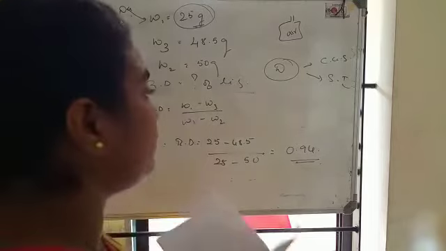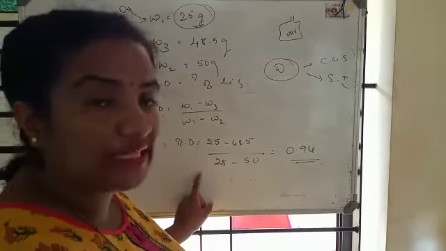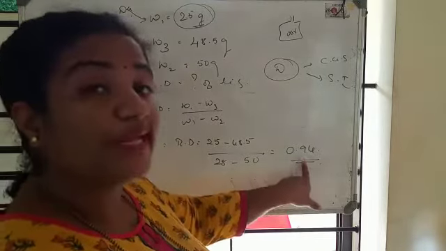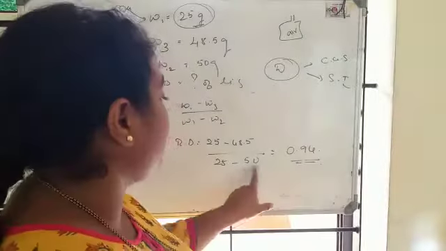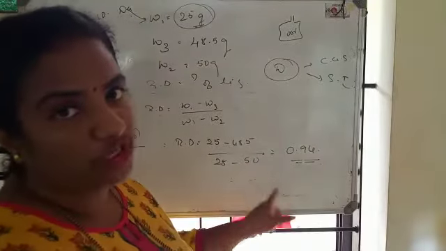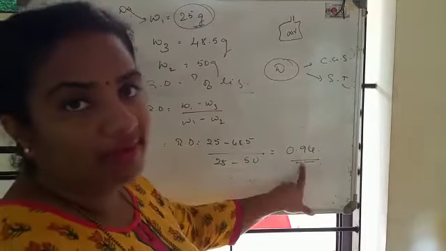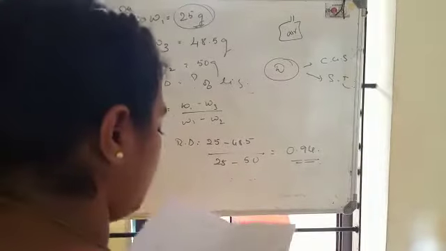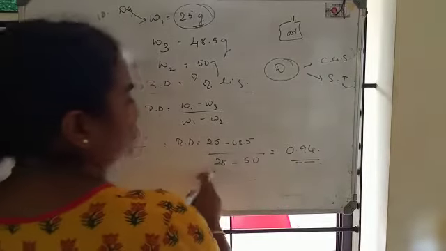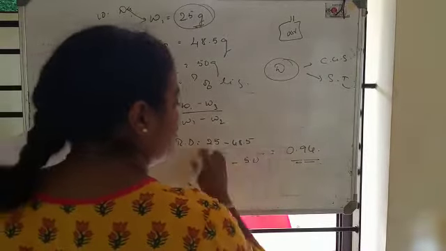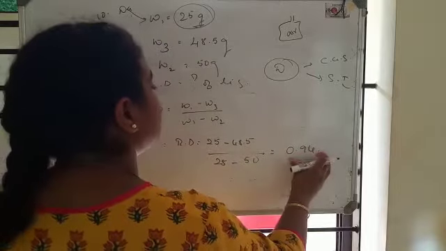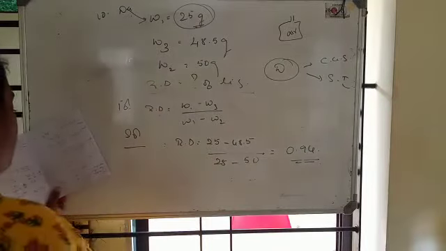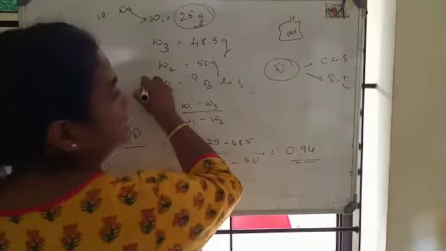0.94. This will be the relative density. You have to calculate this and find out whether you get the value 0.94. I am directly applying it here because you can substitute at home and get the value. Simple mathematical calculations, you have to do. Here I have substituted, and on verifying this, I will get 0.94. What is the next? Relative density is calculated.